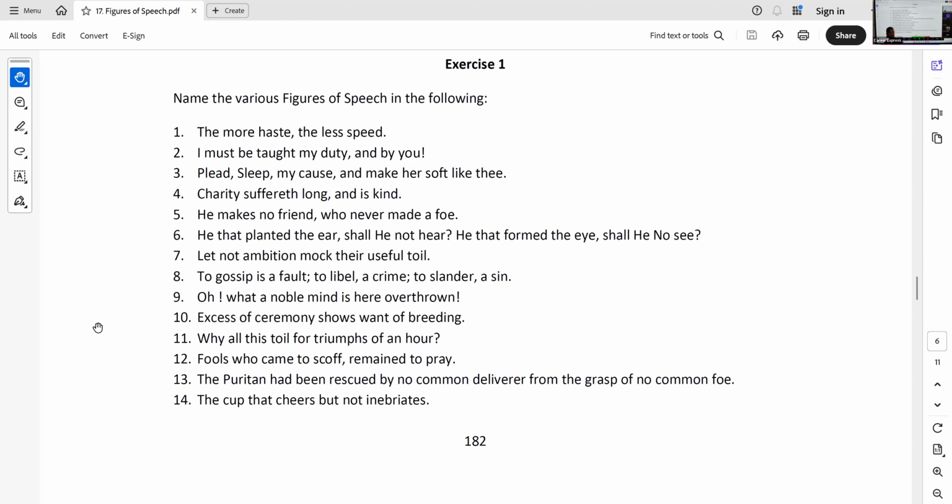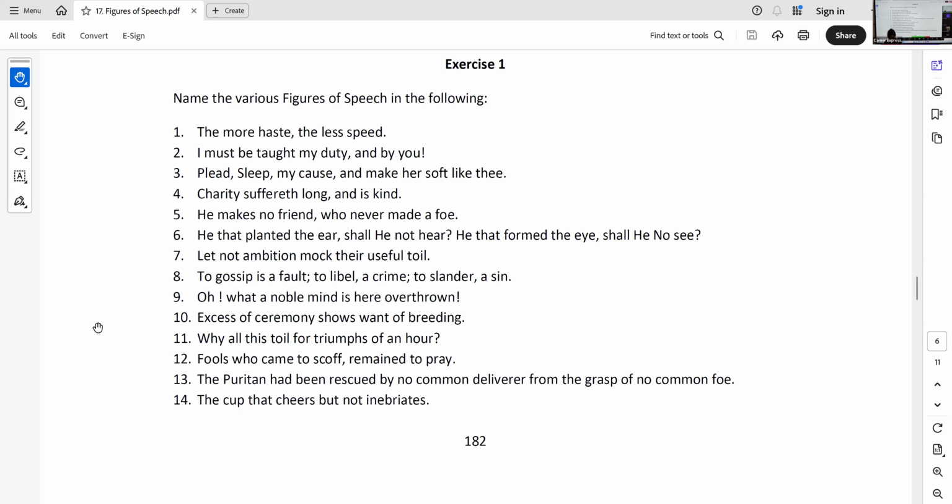तो इस तरह से distinguish करना पड़ेगा. Because it is often quoted, it is often used. So it is a saying. It is not just a sentence used by an orator in his speech. It is a saying. Then it is an epigram. Okay, but that is close. It's hard to identify at times.